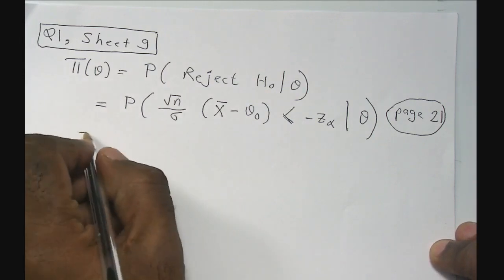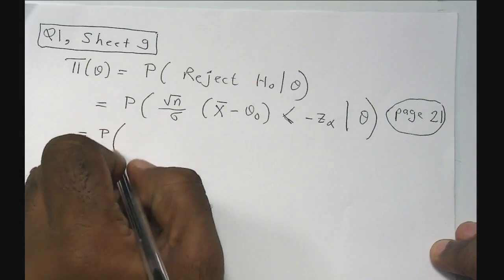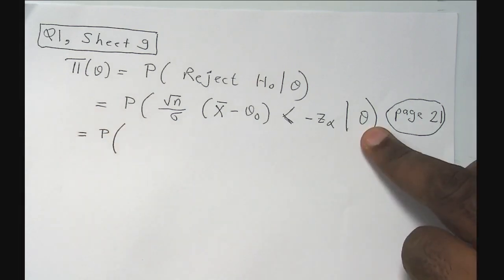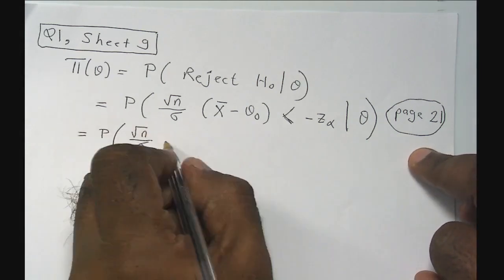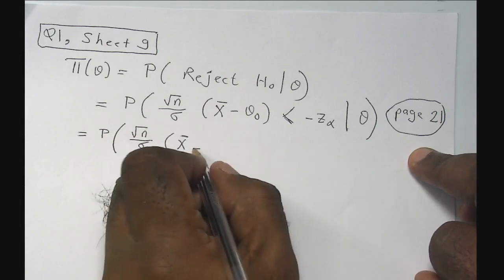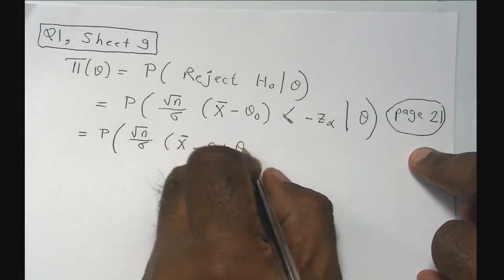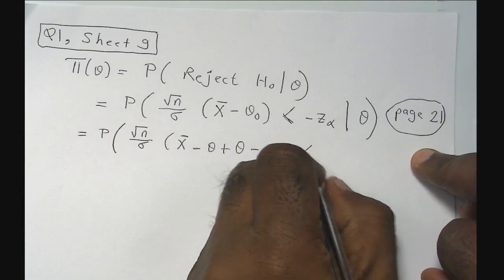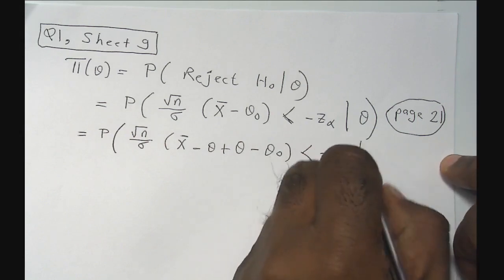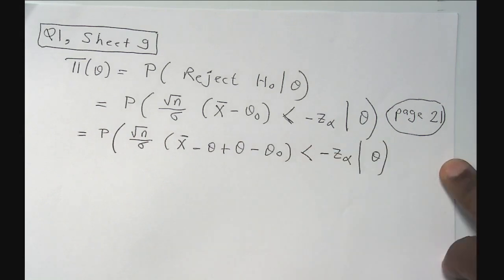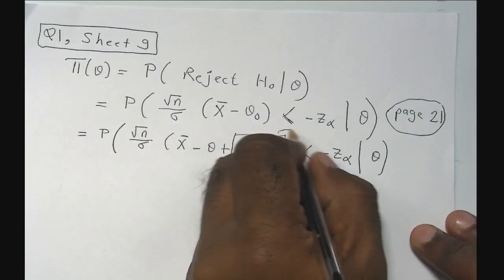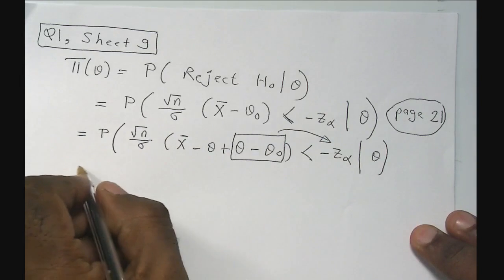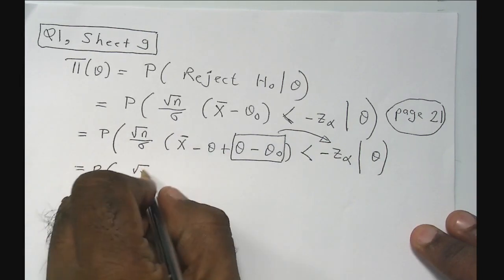Now to simplify this, you must realize that we are conditioning on the fact that the true population mean is theta, not theta 0. So the first thing you should do is to replace theta 0 by theta. So you need to add a theta. And the next thing to do is to take these two terms to the right hand side. So that will give you the probability that root n